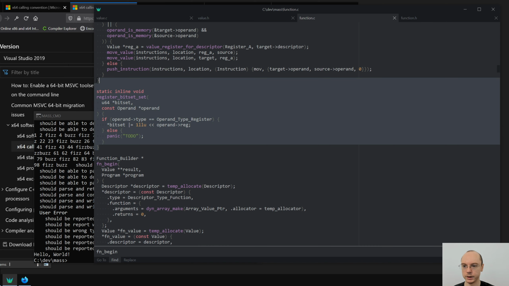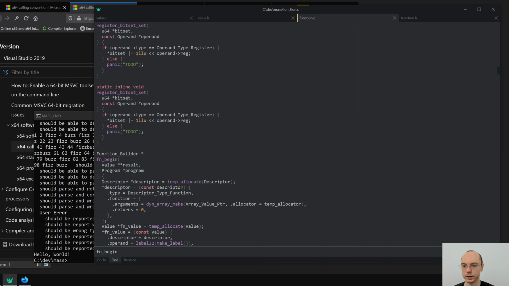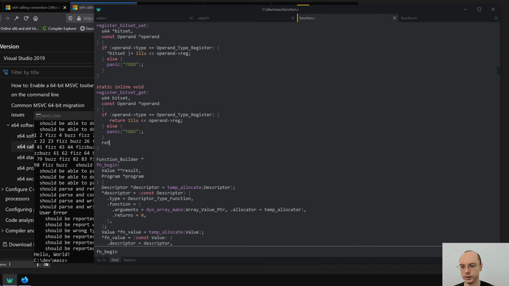Okay, and we will need to have a similar function that is for getting, and basically we will say I will get it by value. That will actually be easier, and say return,